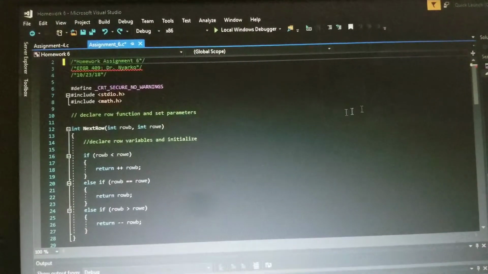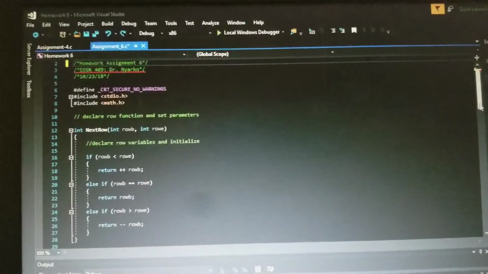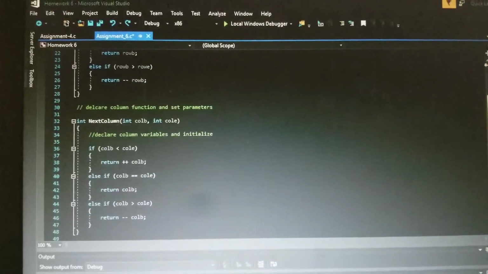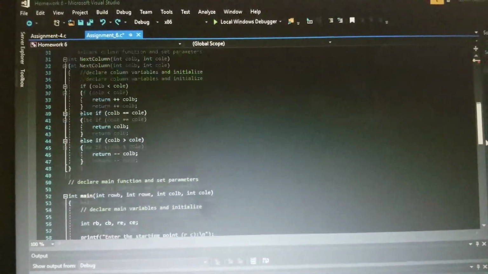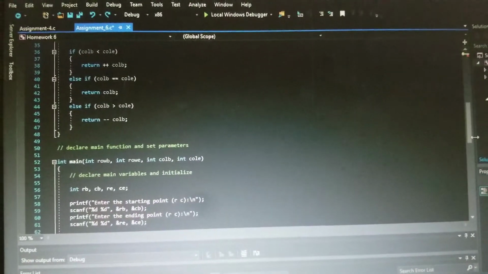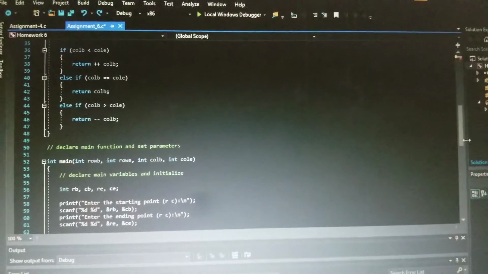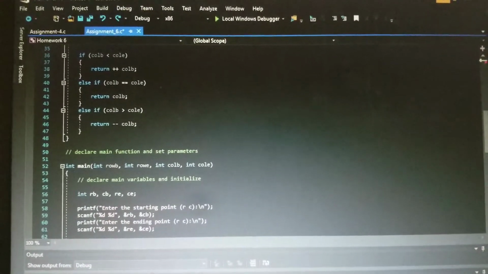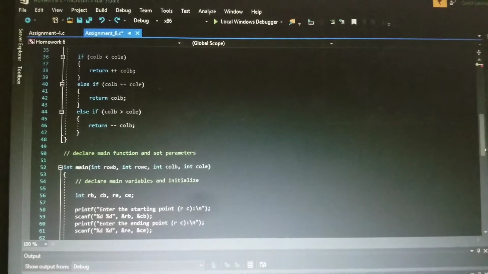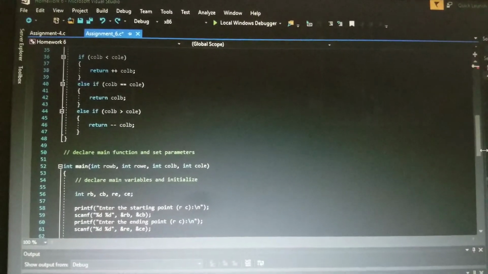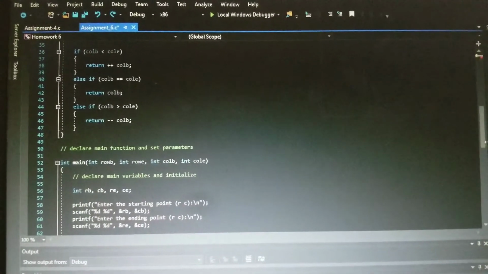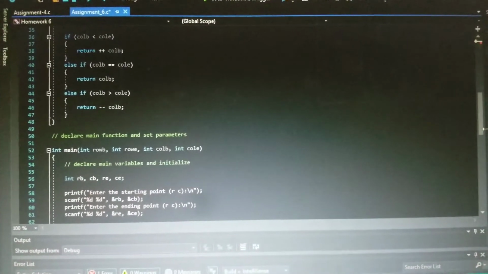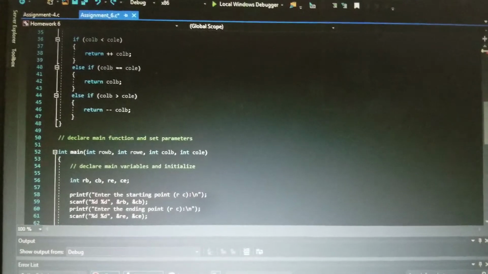yeah. So, after you've done that, move up or down, side to side, etc., you want to set your main function. Your main function for this is going to be, again, with you setting your parameters, how it's going to read the direction in which you want the robot to go, be it up, down, side to side. It takes that information and creates the grid pattern. And then using that, prints out your information of steps,